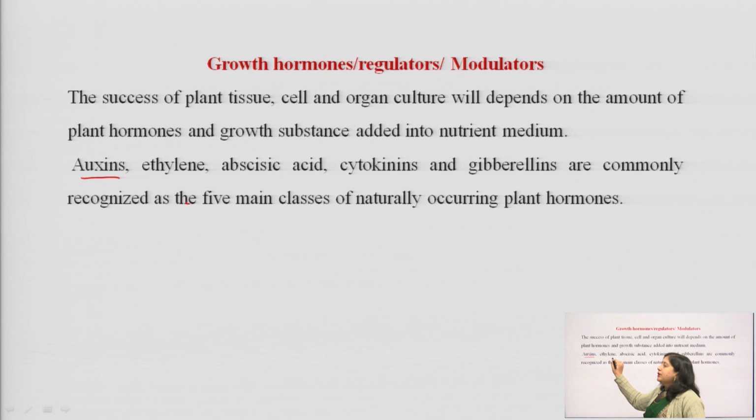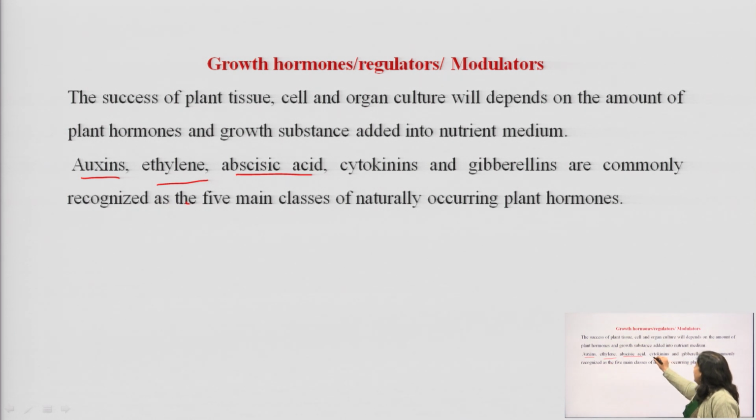Ethylene is generally responsible for ripening of the fruits. So, generally if we are doing any kind of fruit culture, we will prefer ethylene. Abscisic acid is generally responsible for the dormancy of the plants or senility of the leaves. So, generally it is used when we want to stop the further growth of the cells. Cytokinins are generally responsible for the lateral growths of the shoots as well as the roots. So, if we are using any kind of leaf culture or lateral roots or lateral branching culture, at that time we will go for the